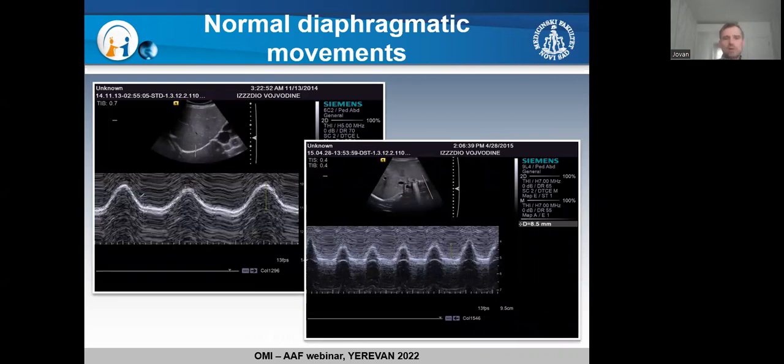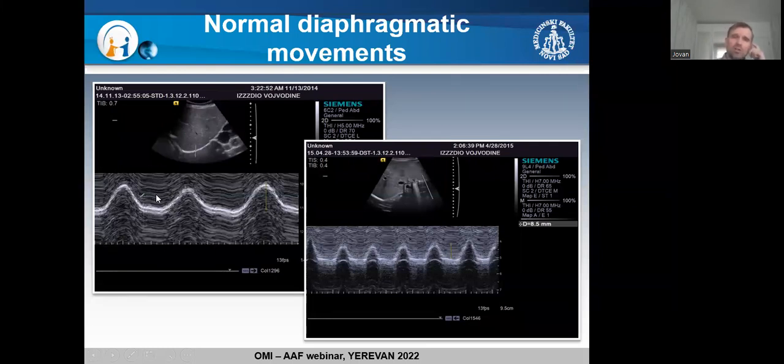Just 2 slides about the diaphragm. So maybe you know, maybe you don't, that on ultrasound we can assess the movements of both right and left hemidiaphragm. We are doing that using M mode. We put this mark on the right or left hemidiaphragm, and when the child inspires, this curve is going up. When it expires, it's going down, and you measure the amplitude from the end inspiratory to end expiratory phase, and